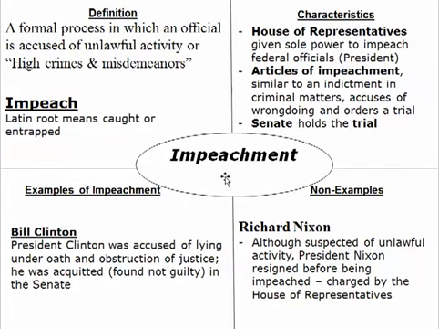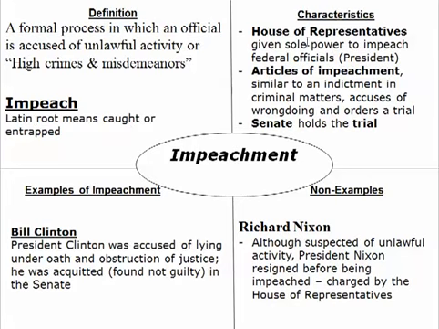When our founding fathers were writing the Constitution in Philadelphia, Pennsylvania, they came up with this process of impeachment. The impeachment process is a way to remove a president who was violating high crimes and misdemeanors, doing something unlawful. This is a way that Congress could get rid of the president if he was doing something that violated the Constitution, to keep him from becoming a tyrant like King George III or someone else. But impeach comes from a Latin root word that means caught or trapped.